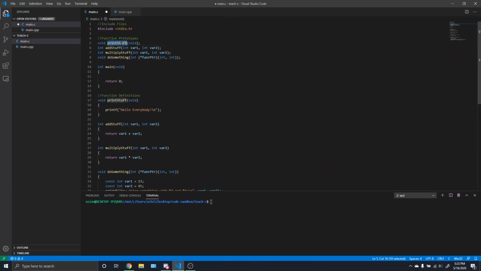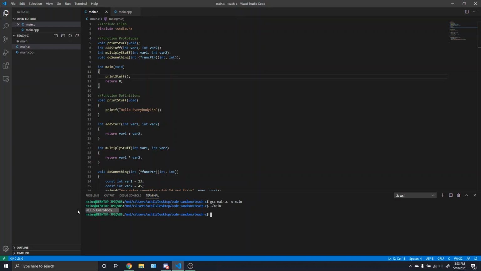So here we have a function called print stuff. Let's focus on that one first. If we just call print stuff and then run our code, we will see it says hello everybody. So what if I wanted to save this function into a variable? What I could do is make something called a function pointer,